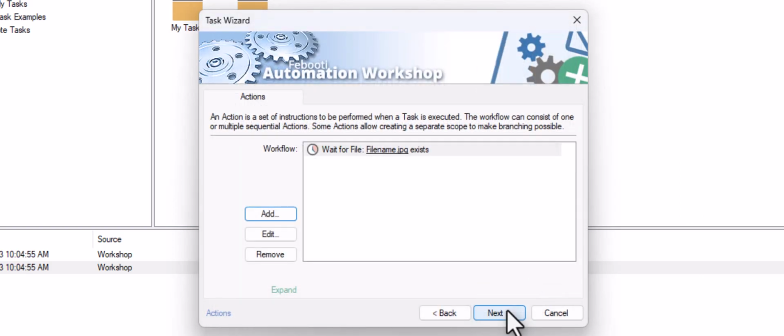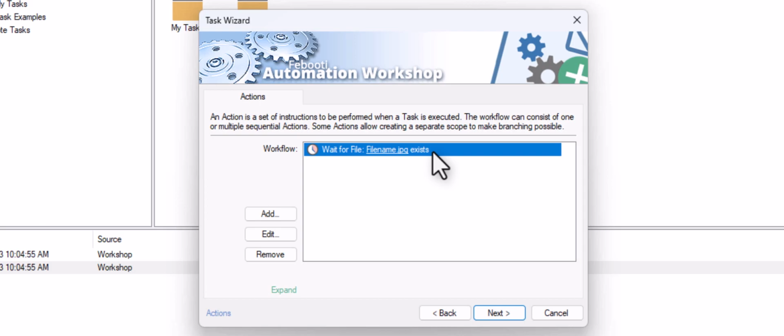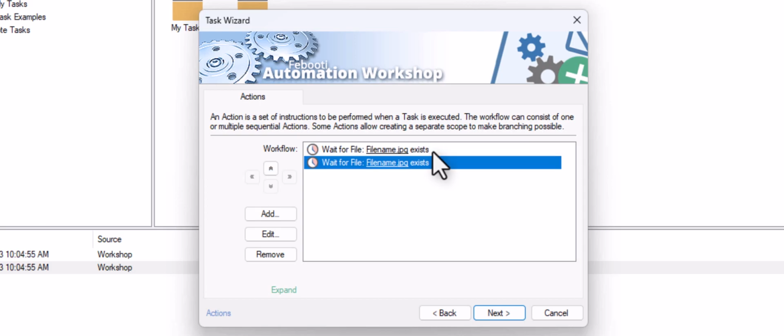Now we've confirmed the presence of the PDF and JPEG files. Let's also check for the XML file. I'll copy the action using the keyboard shortcut. We need to modify it for XML.